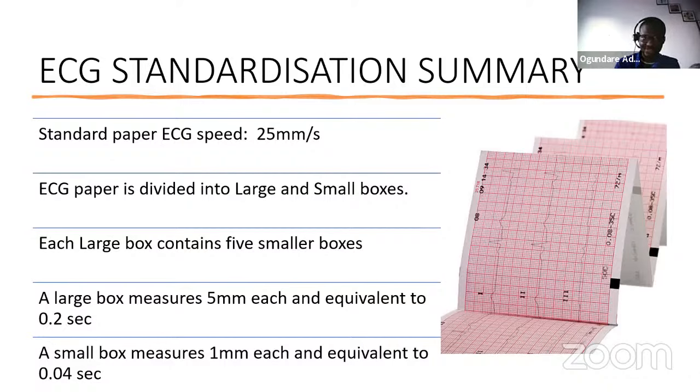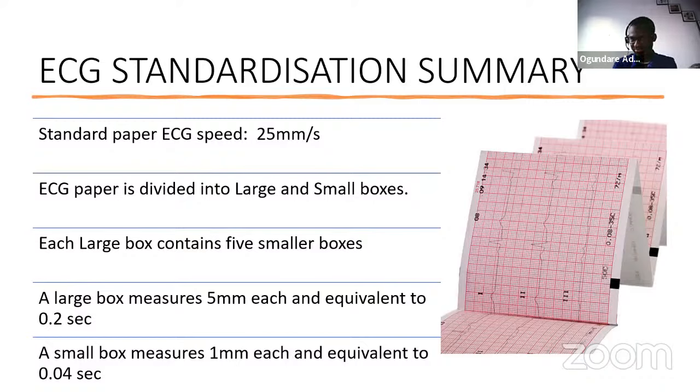Each large box contains 5 smaller boxes. A large box measures 5 millimeters and is equivalent to 0.2 seconds. A small box measures 1 millimeter and is equivalent to